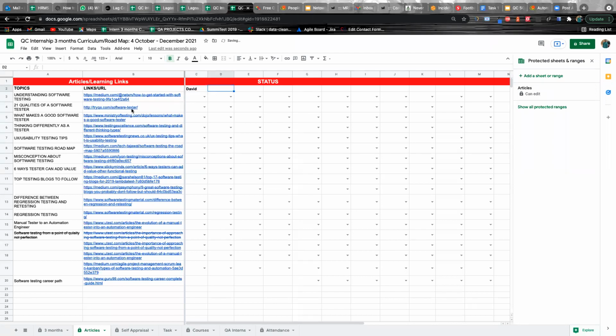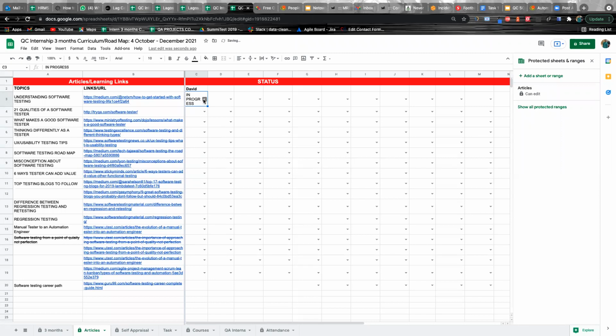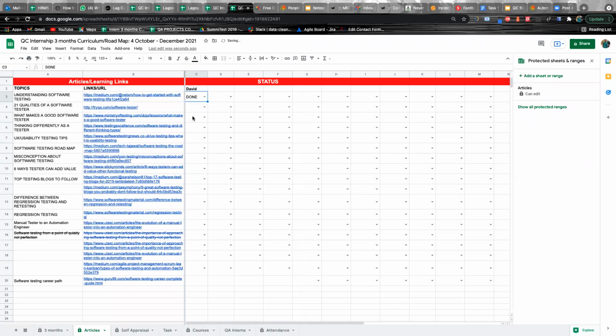Once you add in your name, if you have picked any article to read, once you are done with the article, come to this drop down arrow and click done. Or if you are still reading the article, please click in progress. And once you are done, please come back and click done and acknowledge you are done reading the articles.